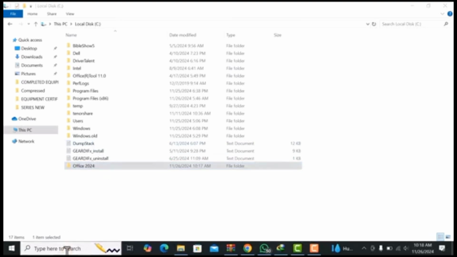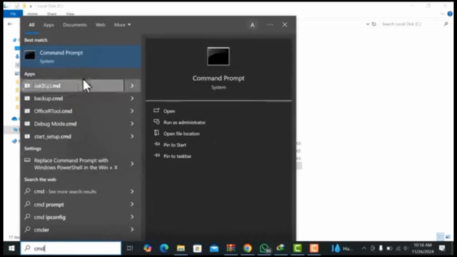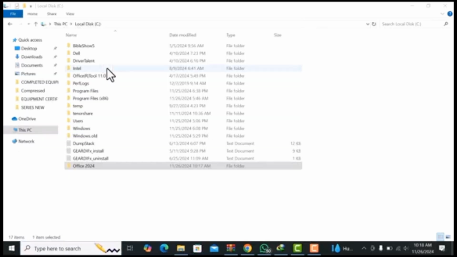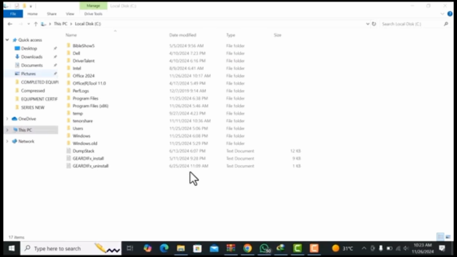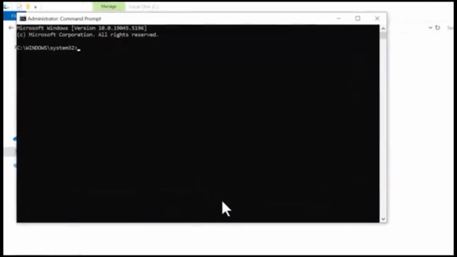Now, let's open Command Prompt with administrative privileges. In the Windows search bar, type CMD, right-click on Command Prompt, and select Run as Administrator. This is necessary to run the installation command with the proper permissions. Once Command Prompt is open, type CD, which stands for Change Directory, followed by a space, but don't press Enter